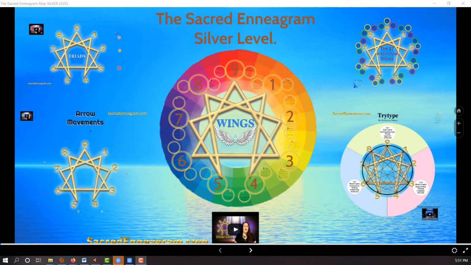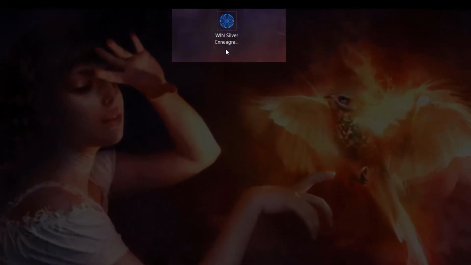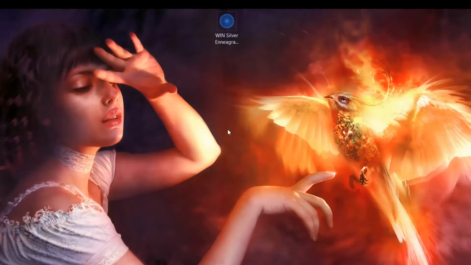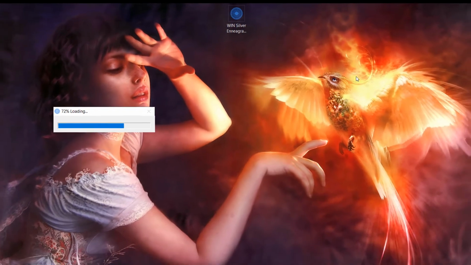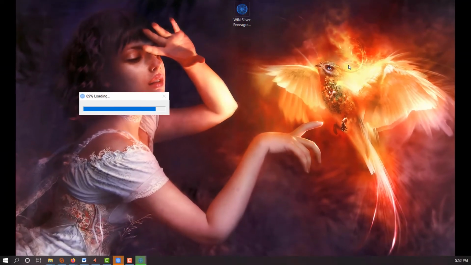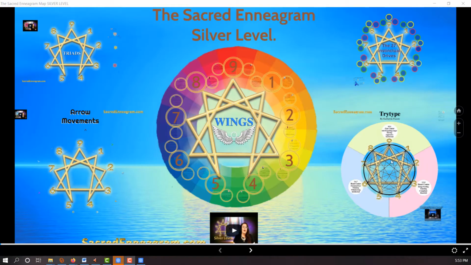and potent ways. So for starters, I'm just going to click out of this Sacred Enneagram Silver Level Map. And this is my desktop screen. So I double click on the Silver Level Enneagram program here. Double click and it's just loading up. And here it is. So the first thing I want to show you on this Silver Level Enneagram map is